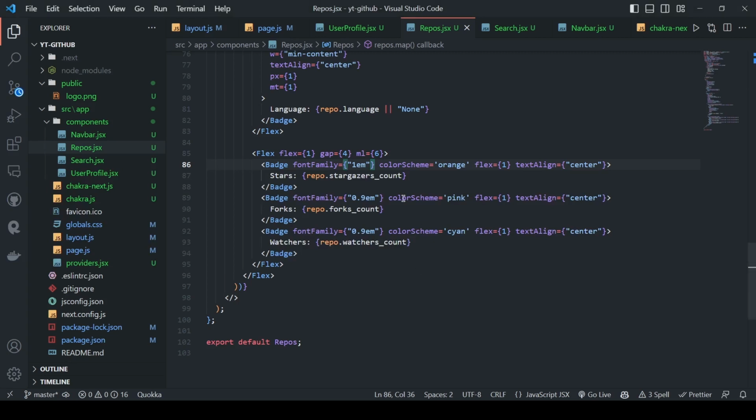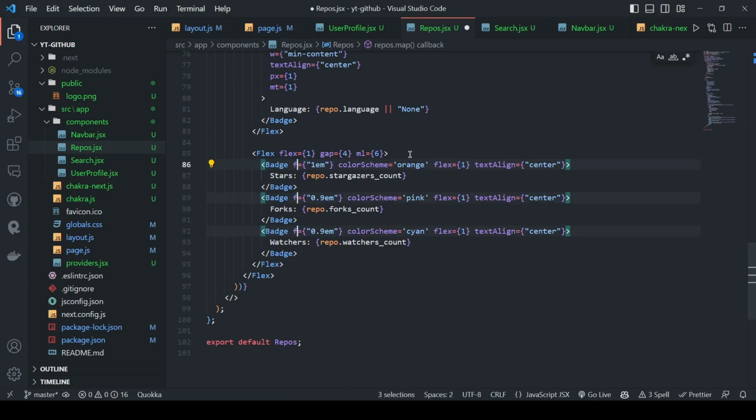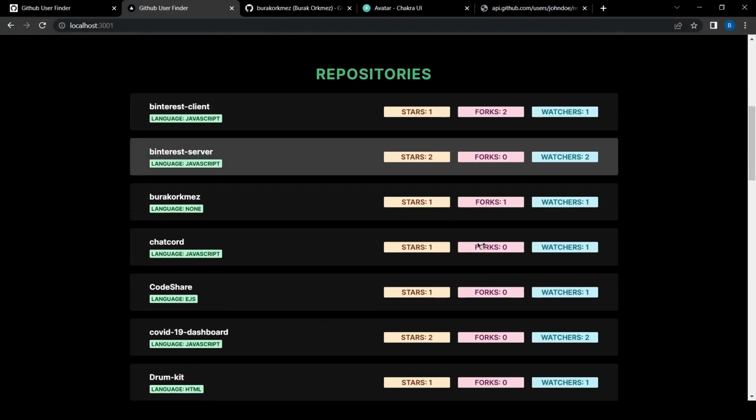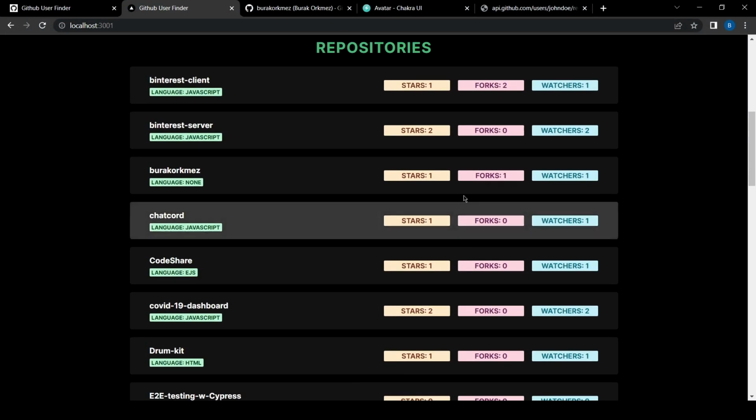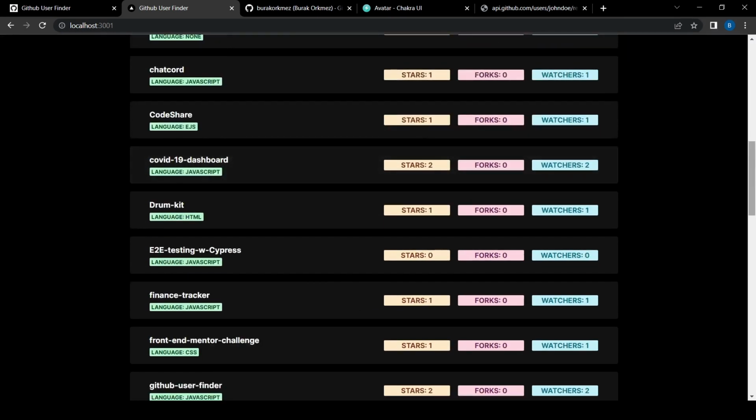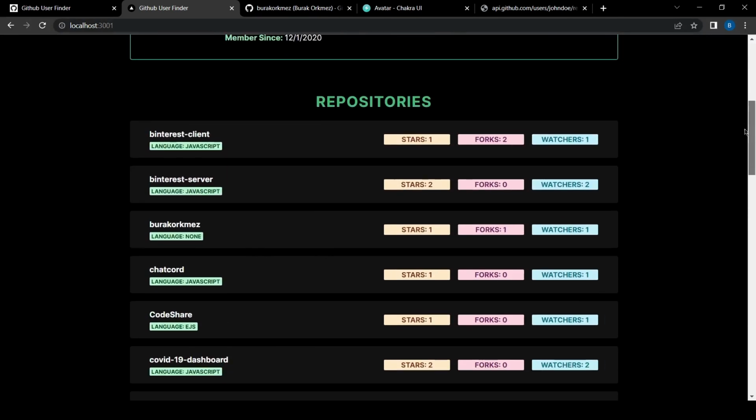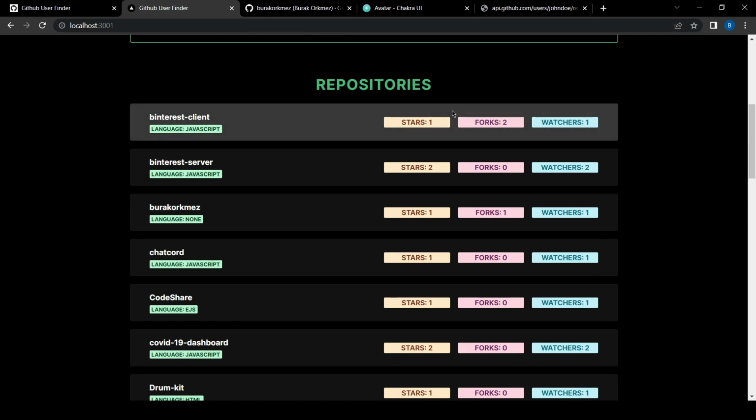Or maybe we could just say, okay, it's font family, my bad. So that should be font size. Okay, now if we say like 0.9 em, that should work. Okay, as you can see, it is exactly what we expect. And now I would like to add that show more button functionality, but before that I want to have it